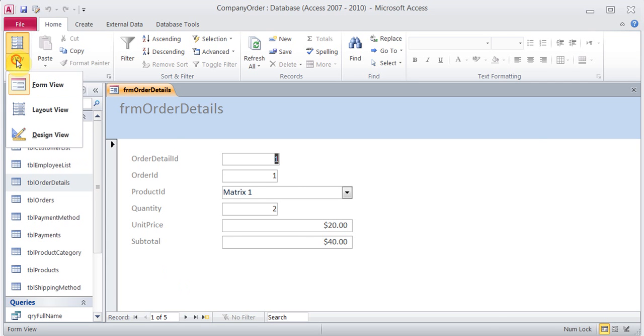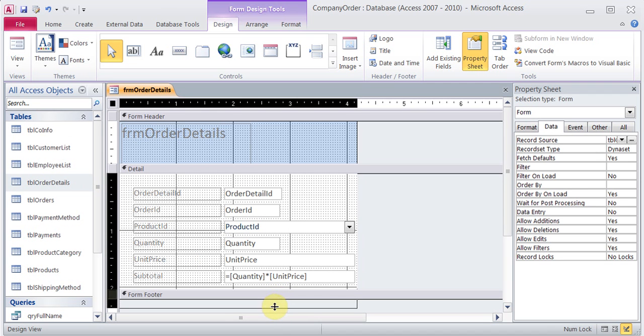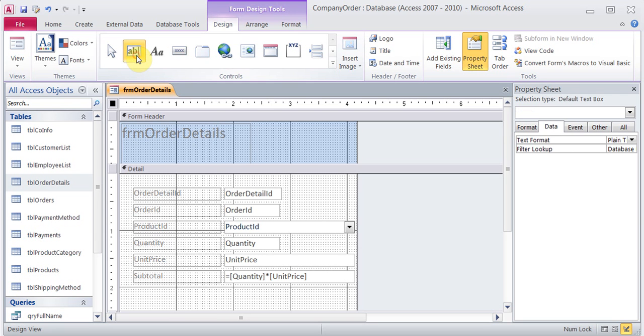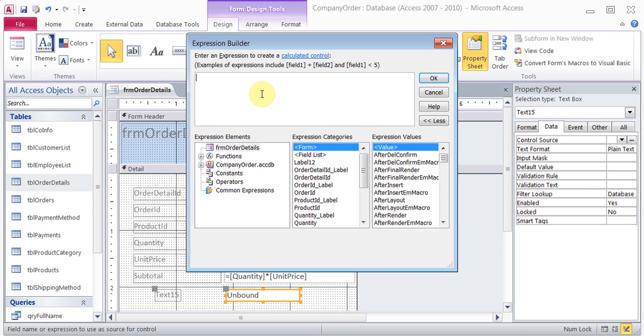So if I go back to the design view, and I'm just going to expand the column a little bit, make room for it, and I'm going to look for this option on the top. It's called text box. I click it, and I'll just make a small space for it, and now the property sheet showed up there. So I want to put the if function here, so I can go to the dots for the control source under data, and here I can put equal IIF,